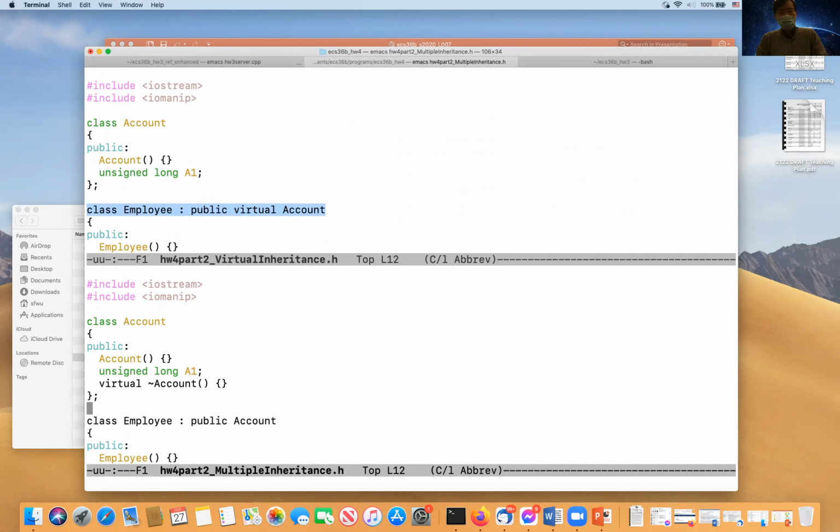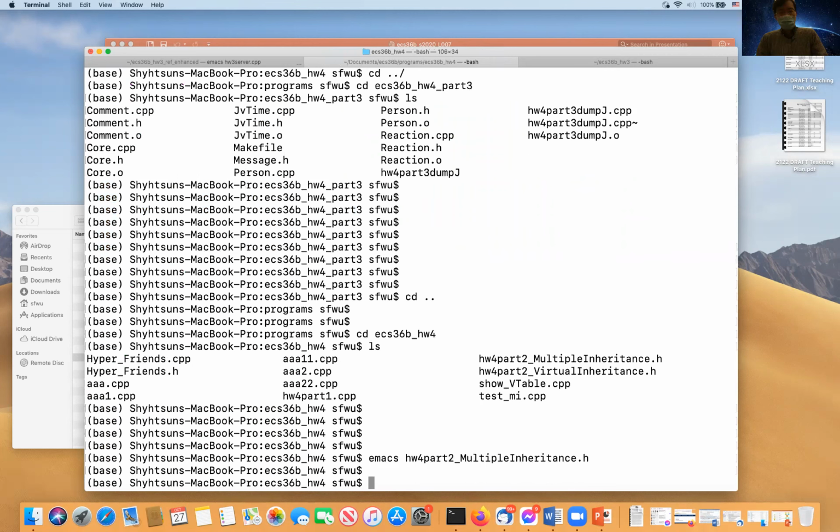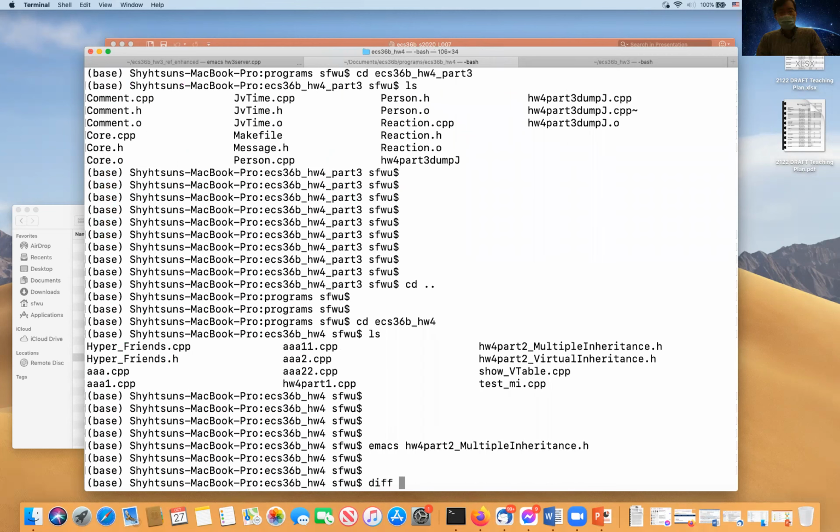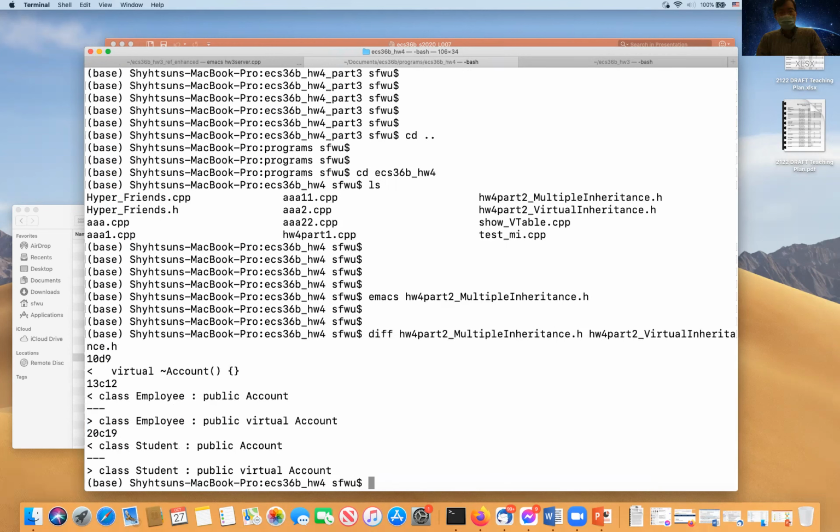Let me use my favorite program again, it's called diff. The only difference, oh, there is another difference I didn't realize.